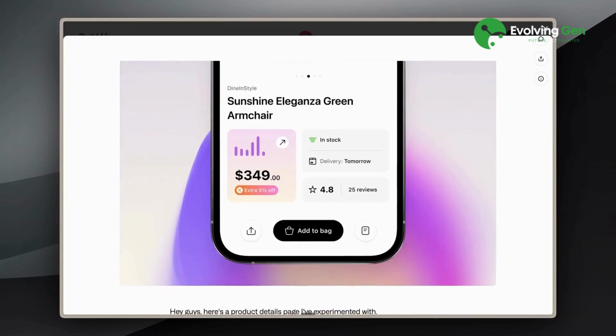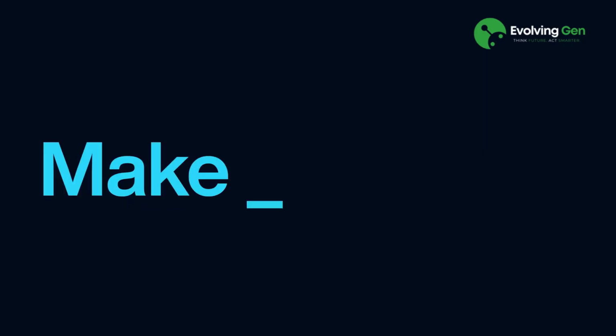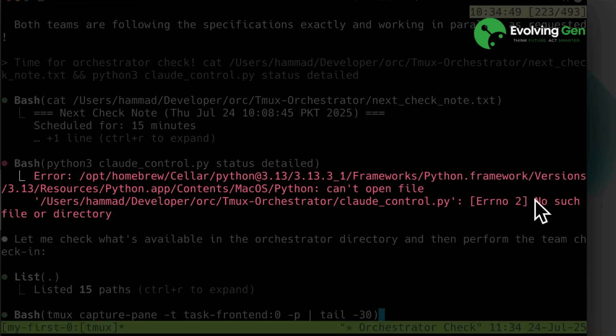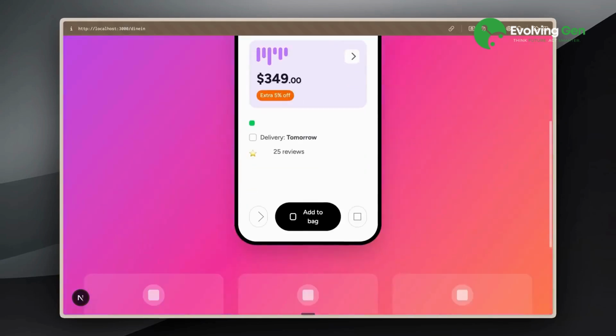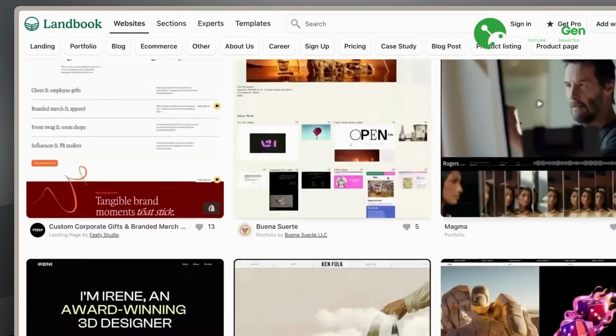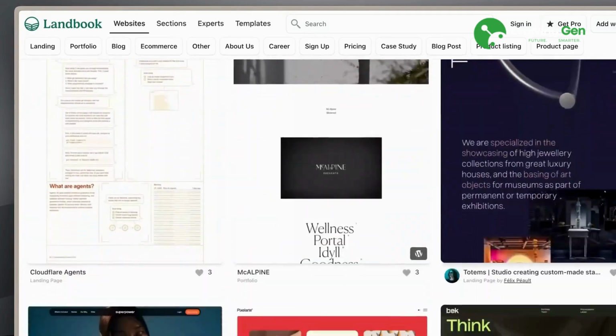Before you even think about launching your product, there's one thing that will make or break your success. And most people completely mess this up. They rush to build their product first, then throw together some generic landing page at the last minute. But here's the reality. Your product gets judged by your landing page quality, and if that looks amateur, your product